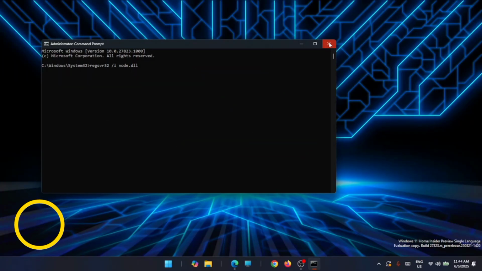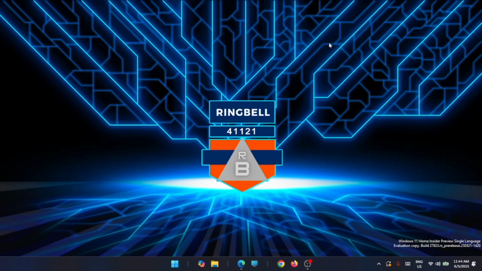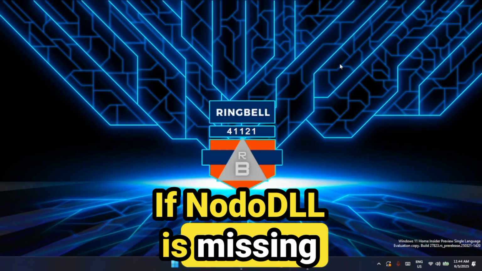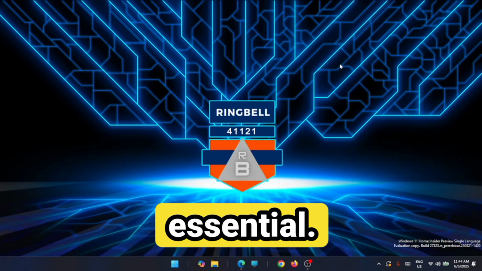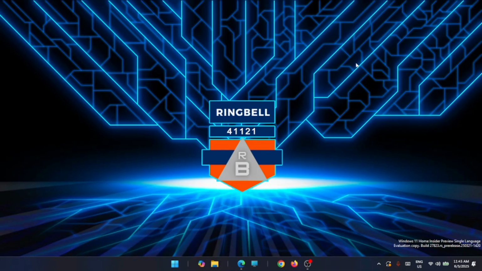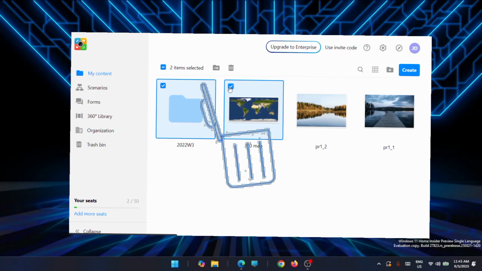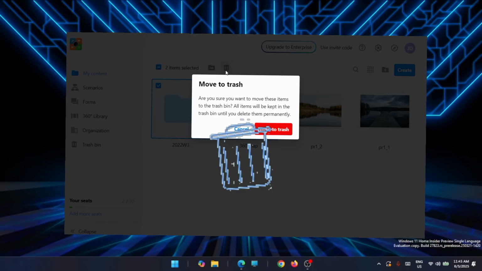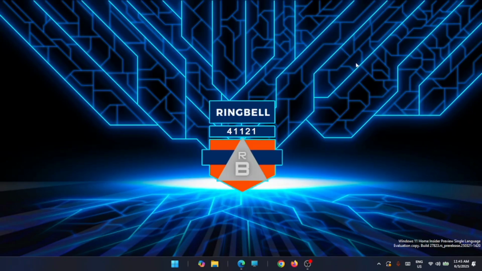Now the next method is to restore or replace the node.dll file. If node.dll is missing entirely, restoring it from a reliable source is essential. To begin with, you can go and check in the recycle bin whether this DLL has been accidentally deleted or not. If found in the recycle bin, you can restore that. If not, if you have a backup or system restore point, use the Windows restore point, previous restore version, to solve